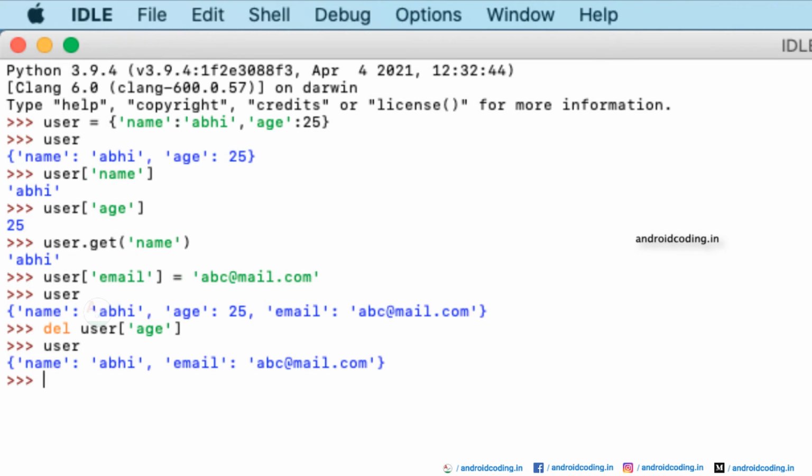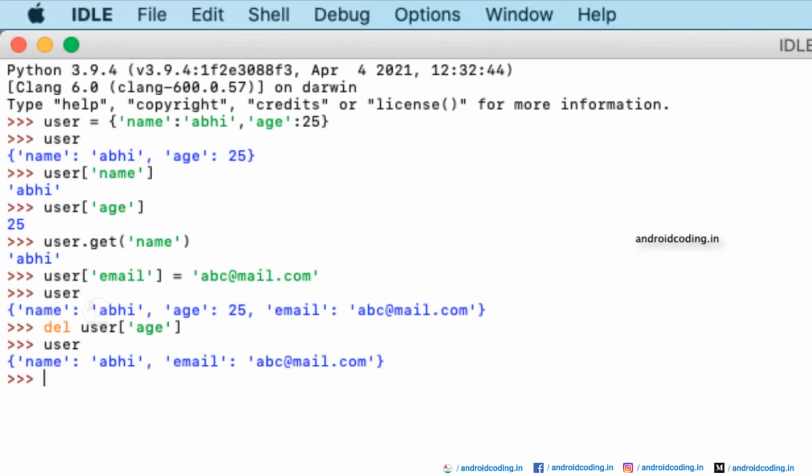In our previous tutorials we covered data types like list, set and tuple. Instead of using index values, we can directly make use of the key and fetch the value from the dictionary, and it is much more useful when there are more values inside our dictionary. It also doesn't store any duplicate values, so we can get accurate data much faster. So this is how we make use of the data type dictionary in Python.